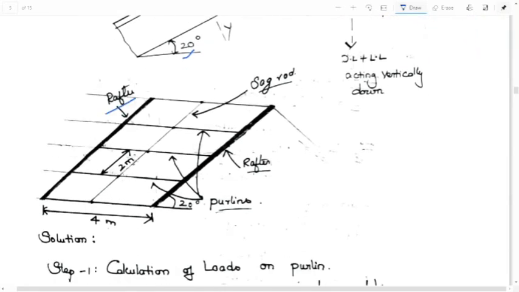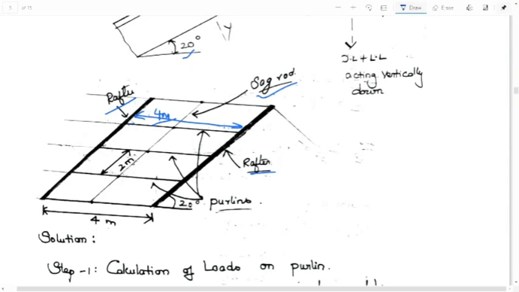So this is the simple truss, and I wanted to show you where these sag rods are going to be fixed if you are going to use them. See, this is the rafter, this is the rafter. I mean, this is a truss and this is a truss here. And see, this is the span. What is the span? From here to here it is 4 meter. So since 4 meter is the span of this purlin, there is a moment that is going to develop, My and Mz, about y and about z, and it is going to be a little bit higher, right?